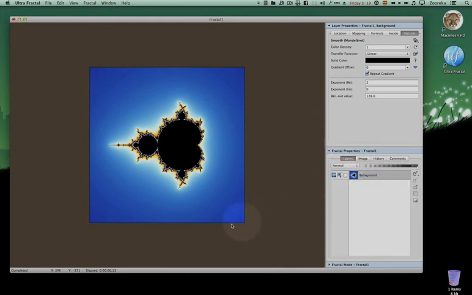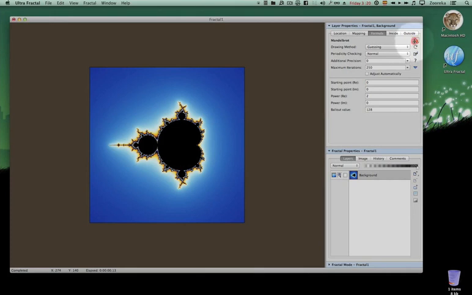Layer's not going to do anything other than just show you we're working with the background layer only for the moment. So with that said, let's have a look. We're in standard fractal, default fractal mode. We'll have a look at the formula tab. Okay, formula. We're going to work with the Mandelbrot, but as I showed you before, by clicking on this icon